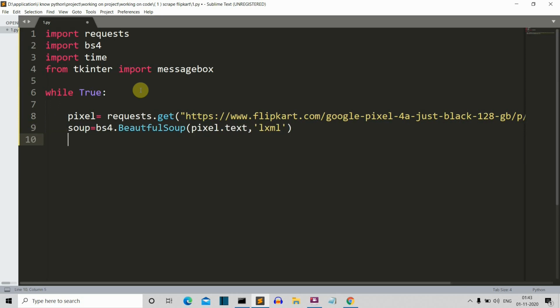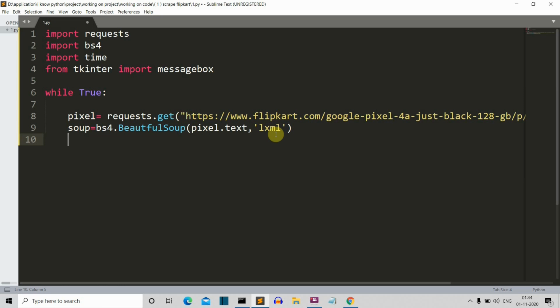So what we are saying is bs4.BeautifulSoup. BeautifulSoup comes inside the bs4 package, and then we are saying, okay, the data in this variable, which is the extracted data from our Flipkart web page, convert that into text, and then using the lxml format so that it is understood by BS4. Just understand that we are converting this into a form that is understood by BS4.